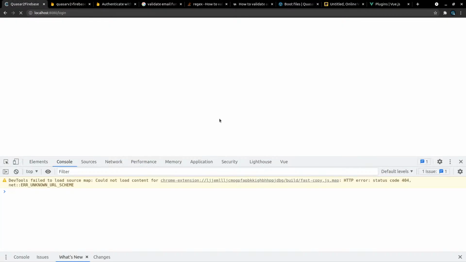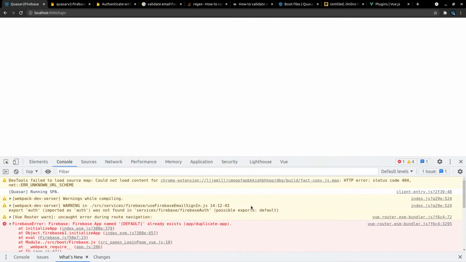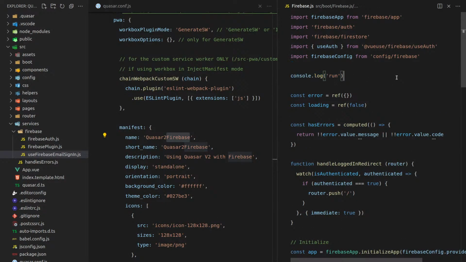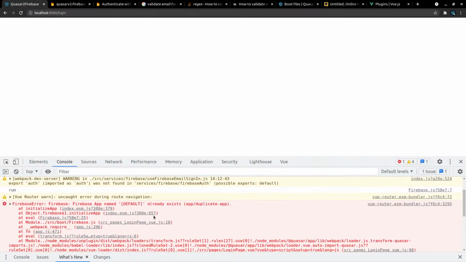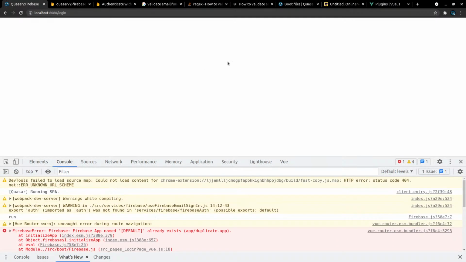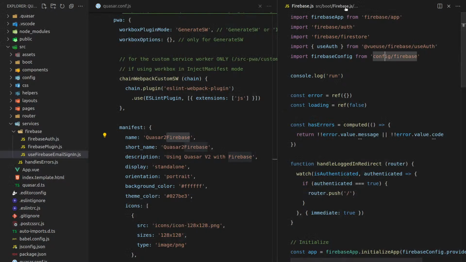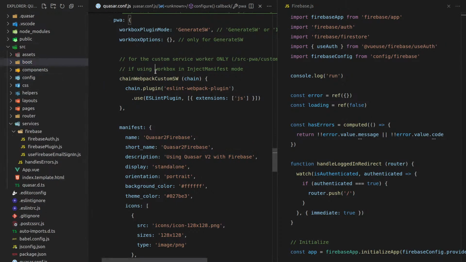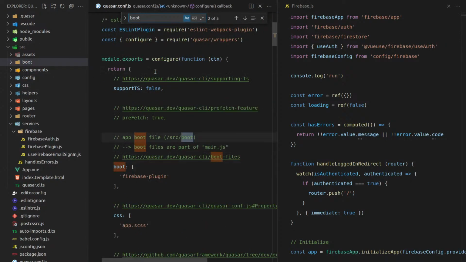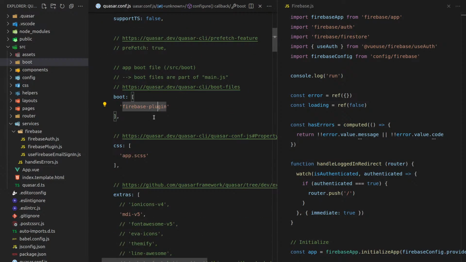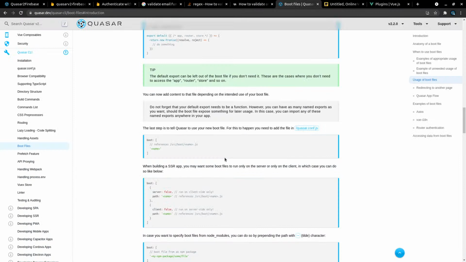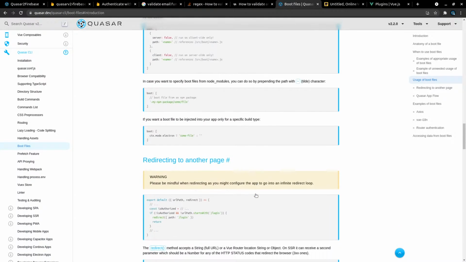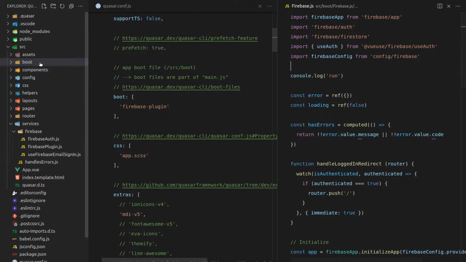Okay, so let's run that again. Okay, it's not being run this time. Is it? No, I got rid of the console.log, so let's try that again. Why on earth would this be run? Source boot, firebase.js. And we go to our boot files here. But it clearly tells you... man, this is